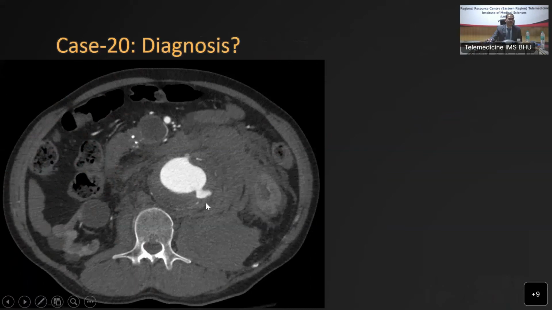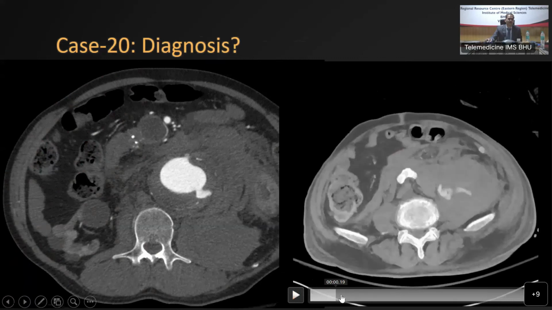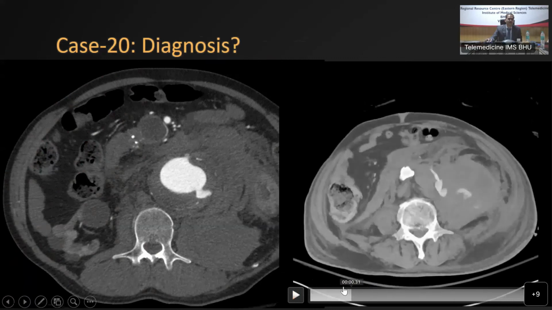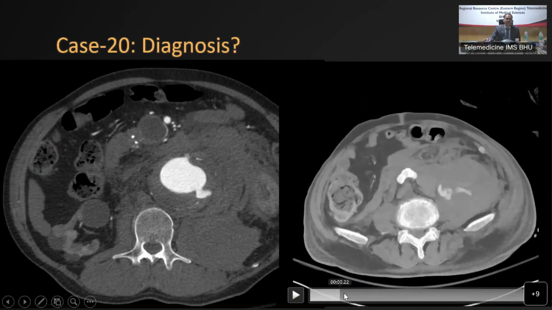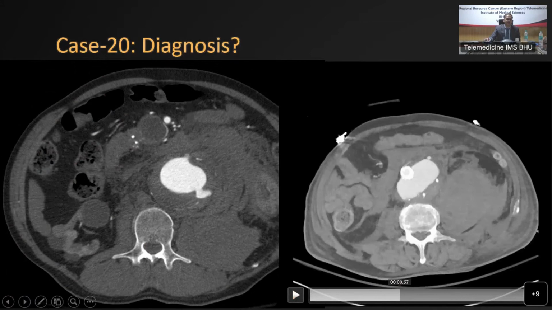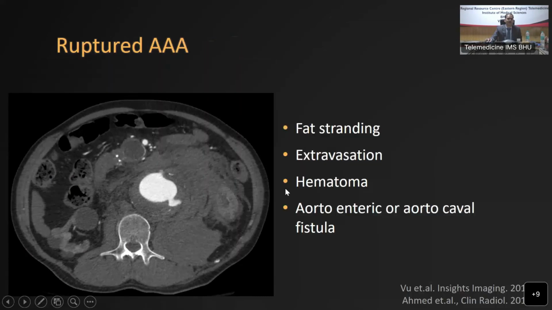Next case is pretty obvious. This aorta has ruptured. There is a lot of blood around this aorta, and on the following case, you can see that there is a lot of active extravasation. This patient was actively exsanguinating on the table. So we stat paged the vascular surgery team, who came and immediately took this patient to the OR. This patient eventually survived. So what we look for in setting of ruptured AAA, we look for fat stranding, we look for active extravasation, we look for hematoma, and sometimes if there are weaker walls, we can also expect to see aortoenteric or aortocaval